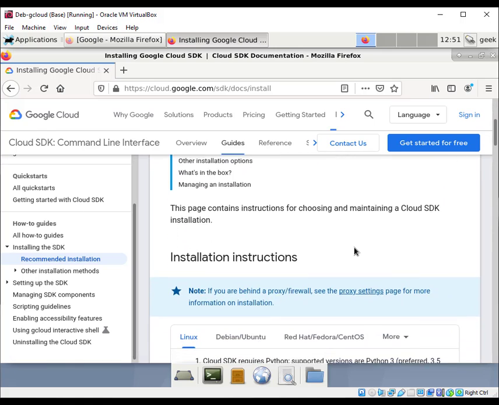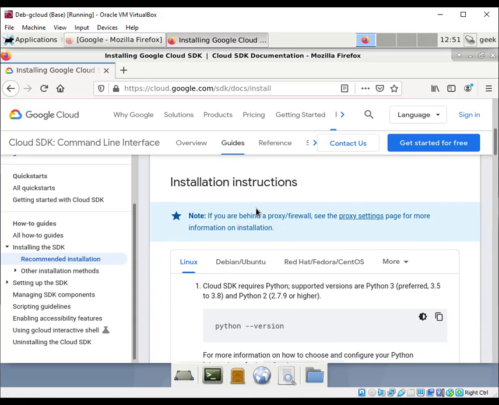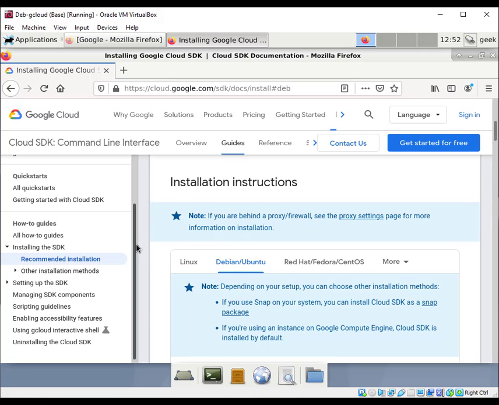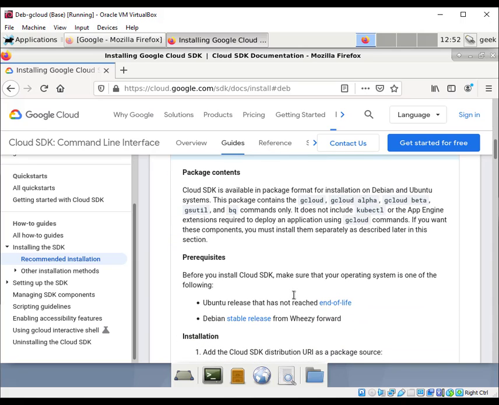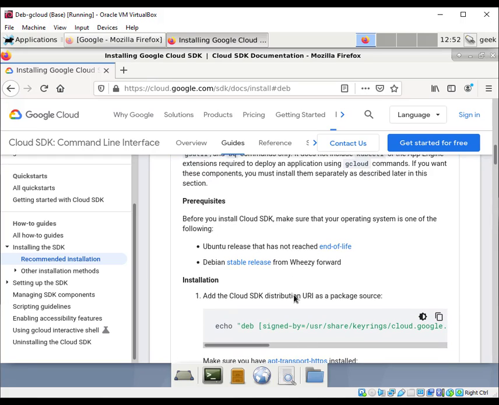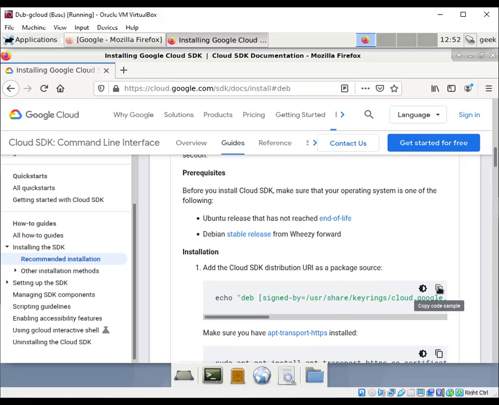But we're going to scroll down here to installation instructions, and you can see your different operating systems here, even for Mac OS and Windows. But we're going to be doing this on Debian. So with that, the information down here changes. And this is a fresh installation of Debian. It's been updated, all the good bells and whistles. So the first thing we're going to do is update the package source. So I'm going to copy that, open a terminal,